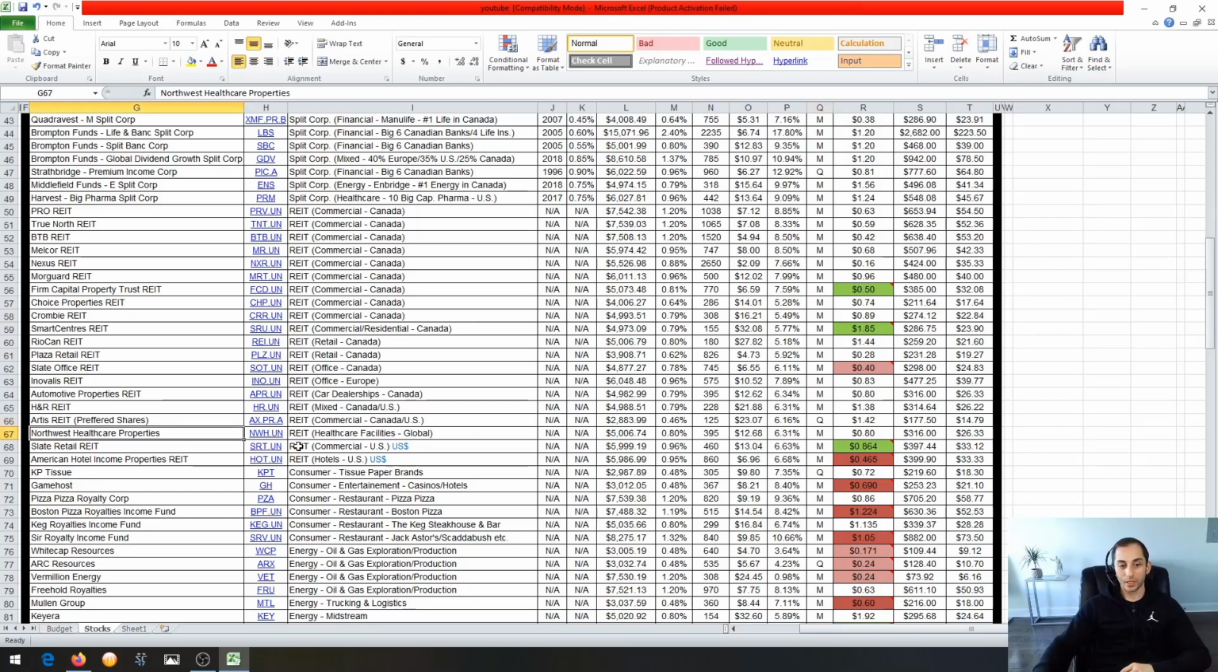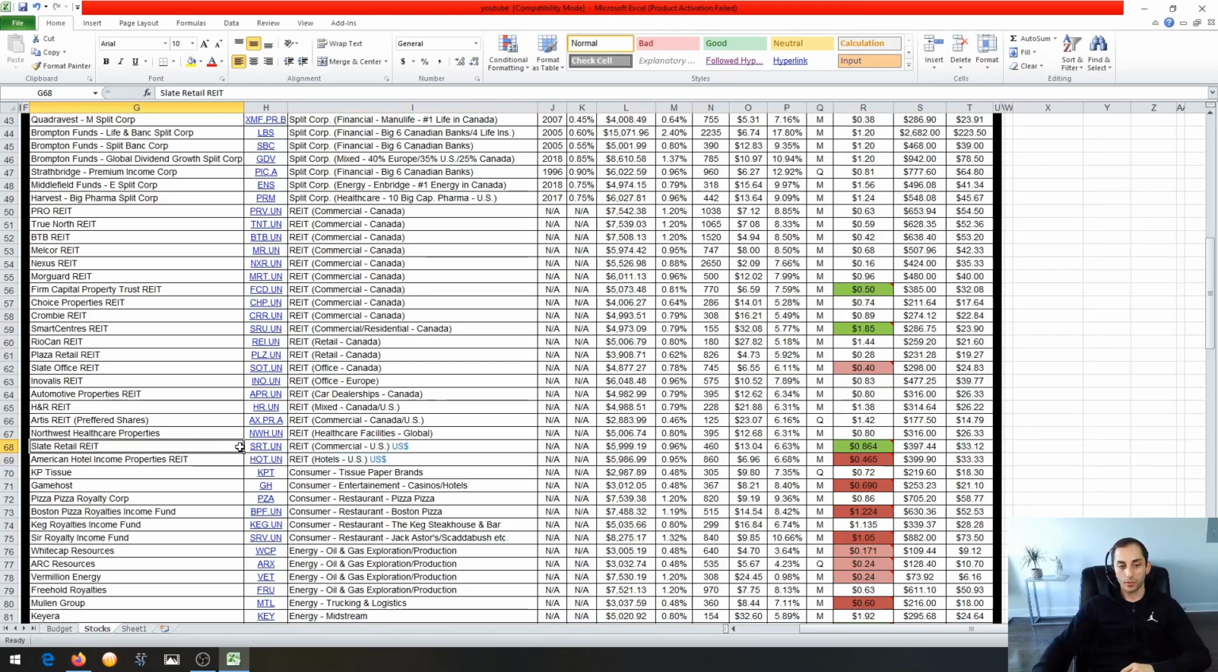Next one is a good one. It focuses on healthcare facilities all across the world. So this is the Northwest Healthcare Properties one. Really, really stable and good exposure if you want access to healthcare facilities like old folks' homes, surgical centers, medical centers, etc. The next two focus on the US exclusively, and that's why they both give their dividend in